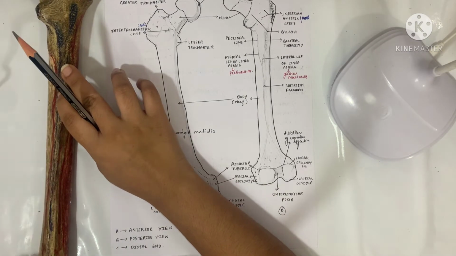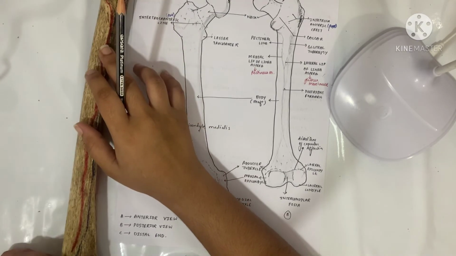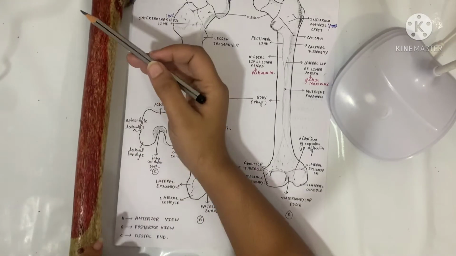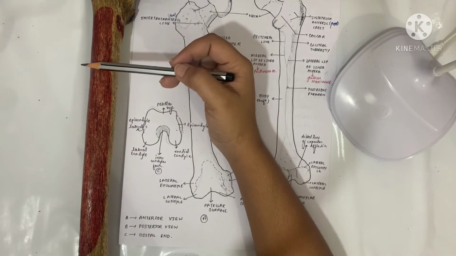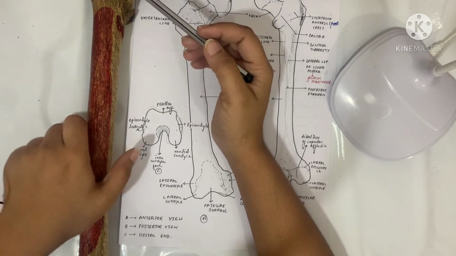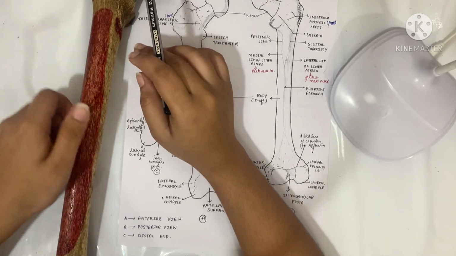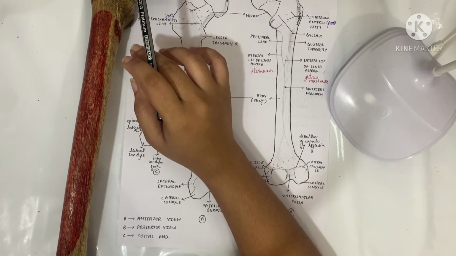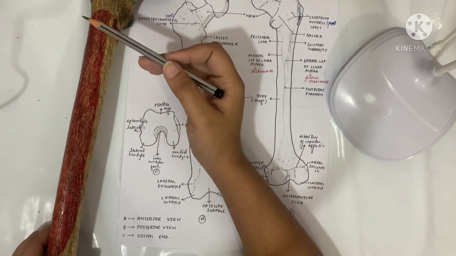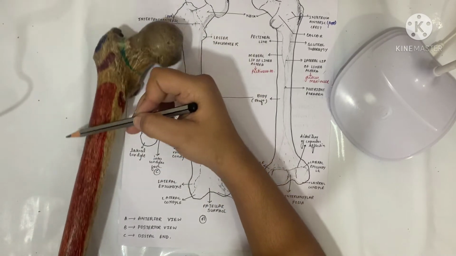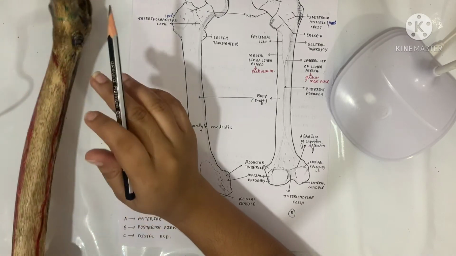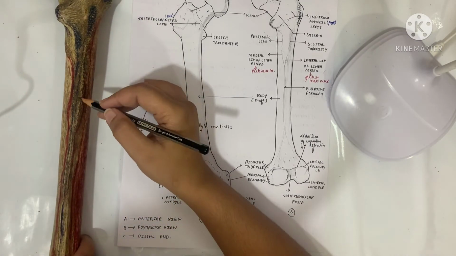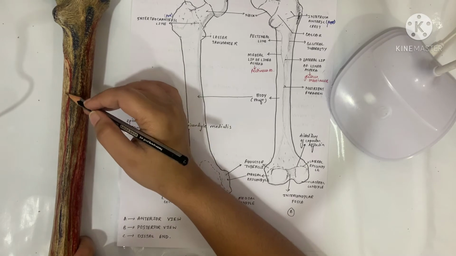That muscle attached to the shaft of the femur. This is the shaft. This is the vastus intermedius, which is attached, and vastus lateralis. Over here it is attached. See, this is the vastus intermedius. Here it is vastus lateralis. This is vastus medialis. Coming to the linea aspera, here is attached pectineus,